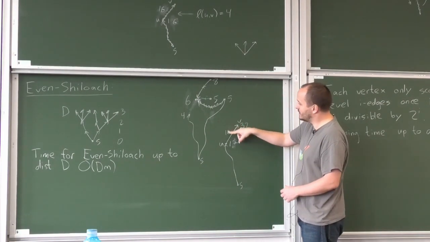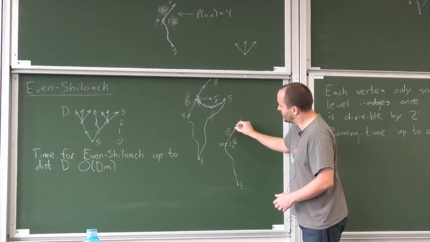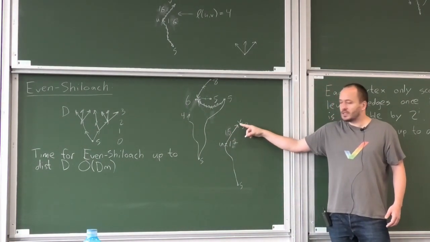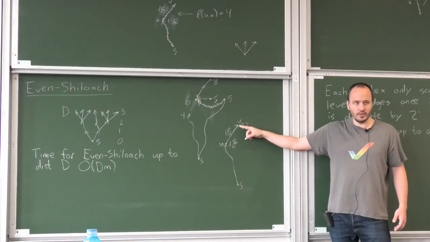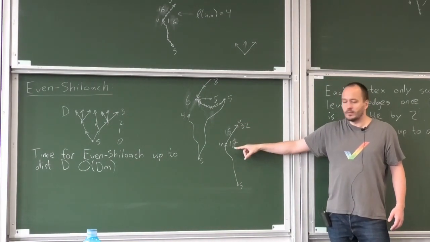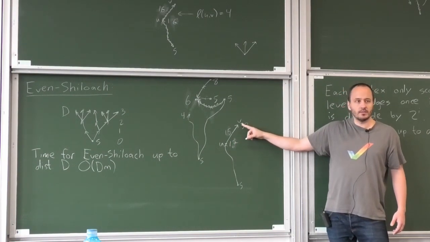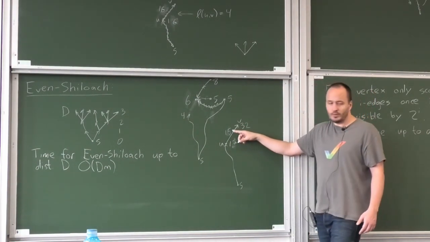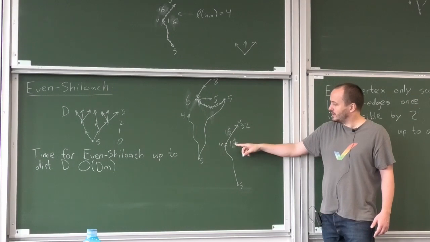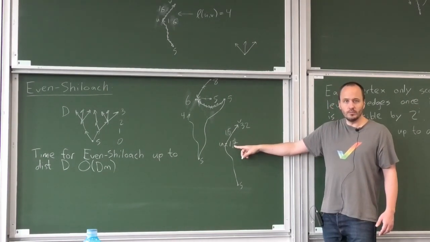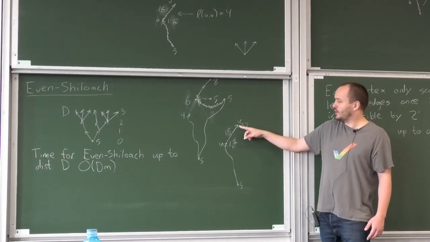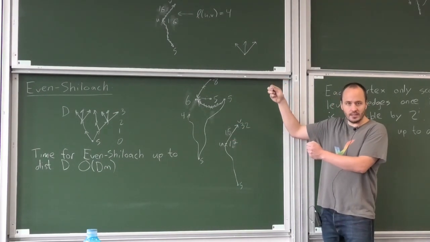Do we need to scan this edge here? As I said, we implicitly reduce the weight of this edge. We don't need to do it explicitly. So we don't need to scan this edge, right? And when it increases to 18, we still don't need to scan it. We only need to scan it when this becomes 32. Then it has to be scanned and say, now I go back to have weight 16 and I need to